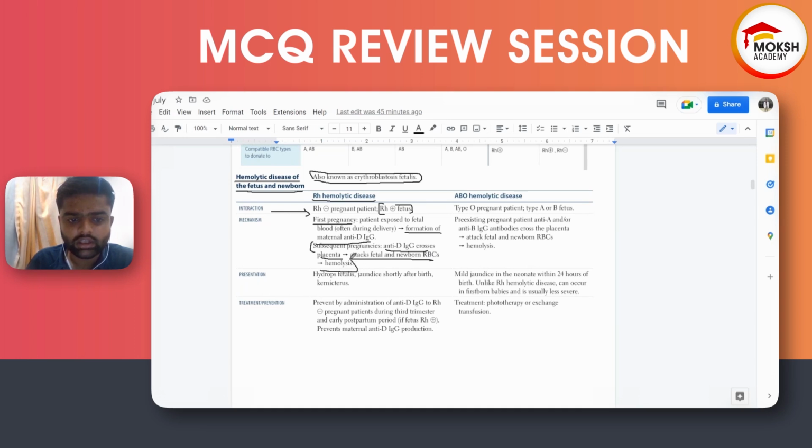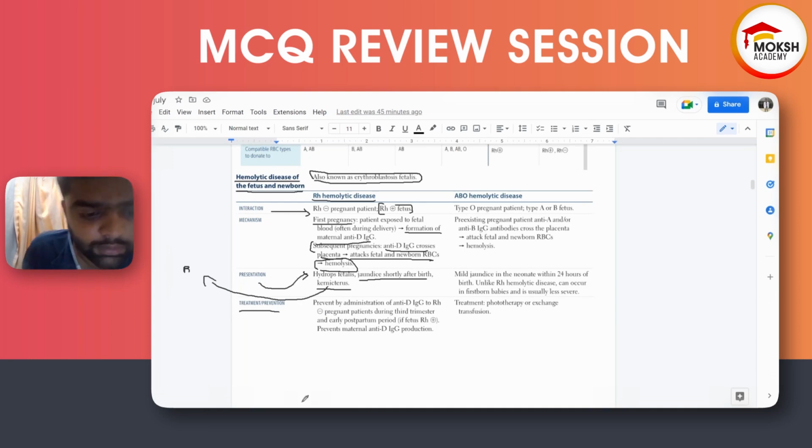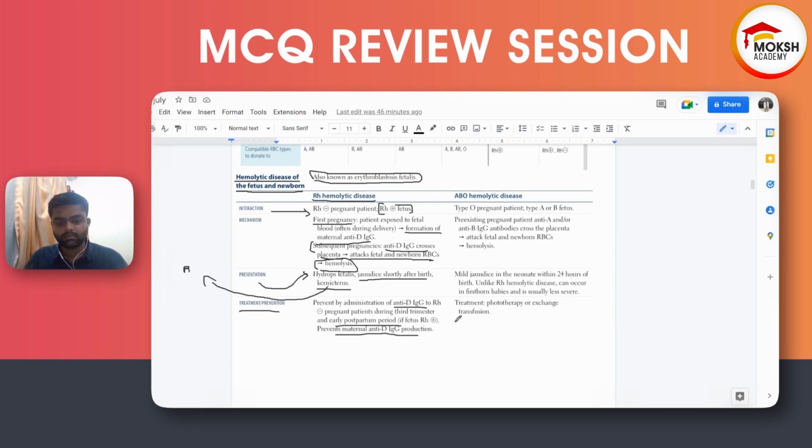RBCs, causing hemolysis. This can present as hydrops fetalis, jaundice shortly after birth, and kernicterus. Unconjugated bilirubin going into the brain is called kernicterus. How do we treat or prevent this scenario? We can prevent it by giving anti-D IgG, or early postpartum maternal anti-D IgG for the mother